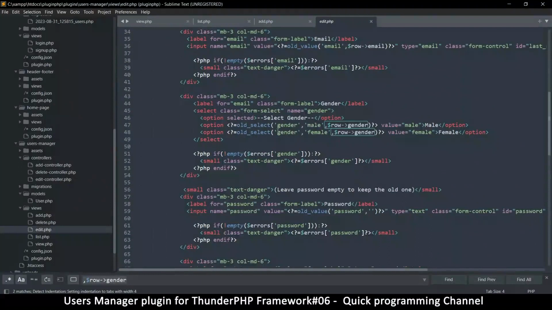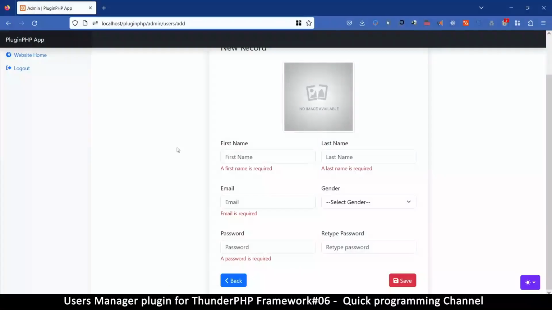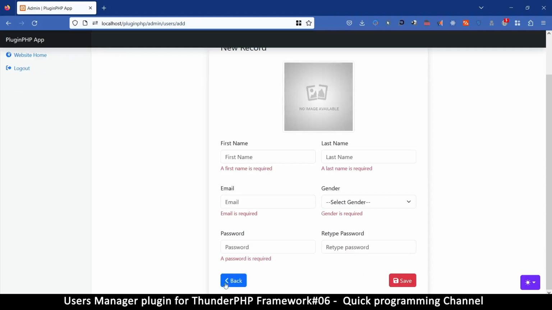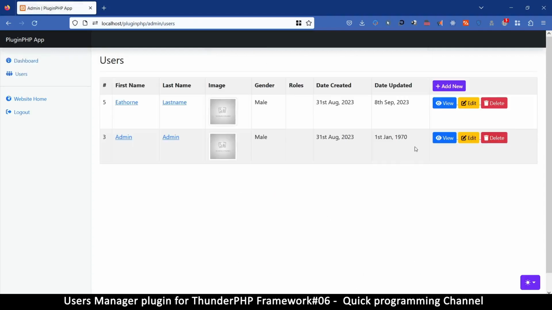Let's go to the edit and let's put an empty value, like so. Okay. Great. So now if I do that, it should say gender is required. Okie doke. This is great. Everything seems to be working as intended. Now let's deal with the imaging in the